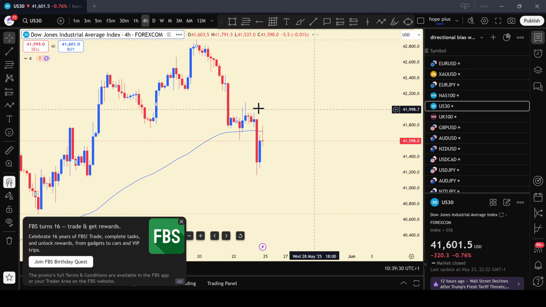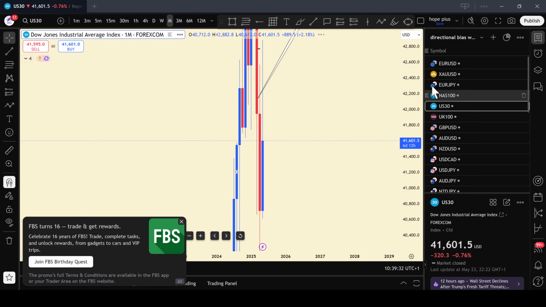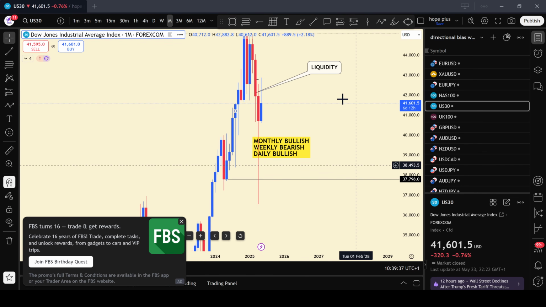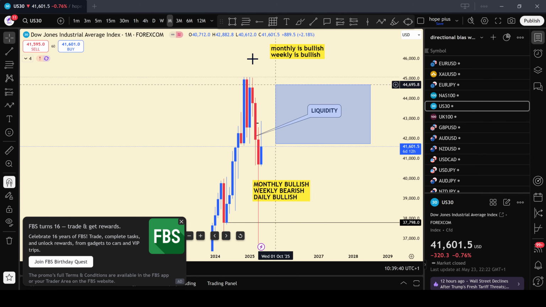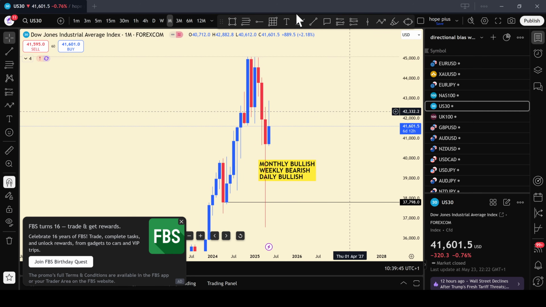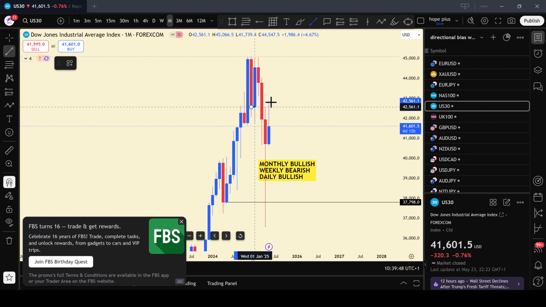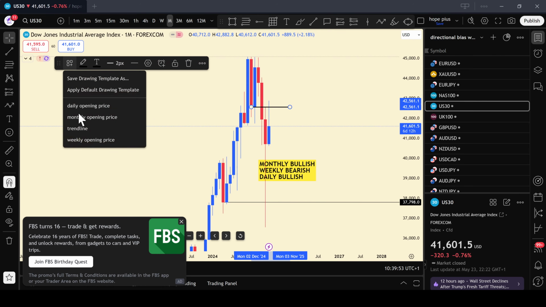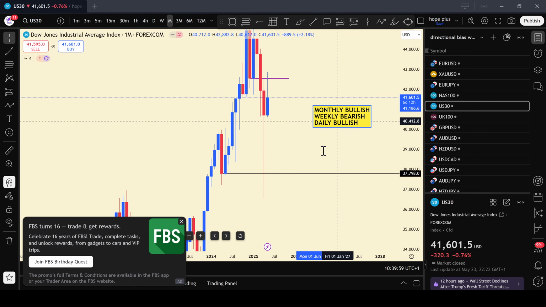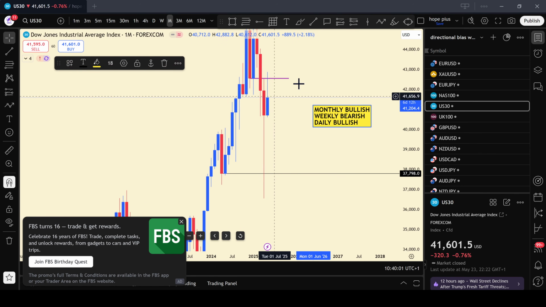Let's look at US 30. This is the obstacle here. This is the monthly obstacle rejecting price. Monthly started here. We are still bullish. We will not change our stance. Just that we have a strong monthly level here that is